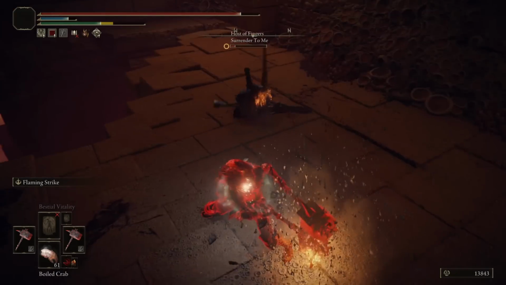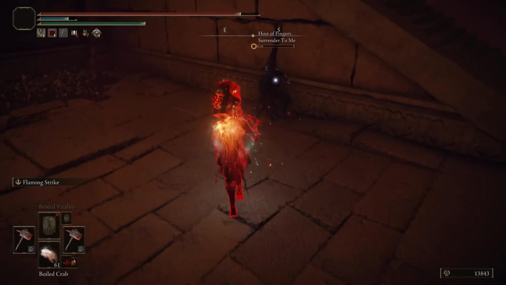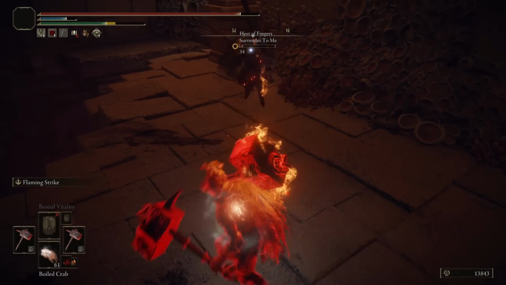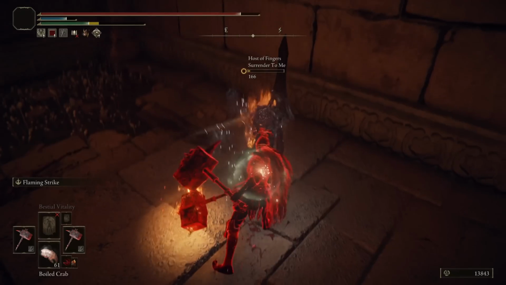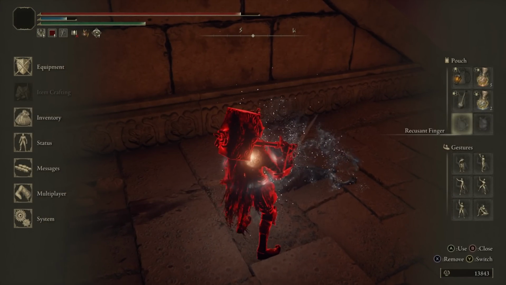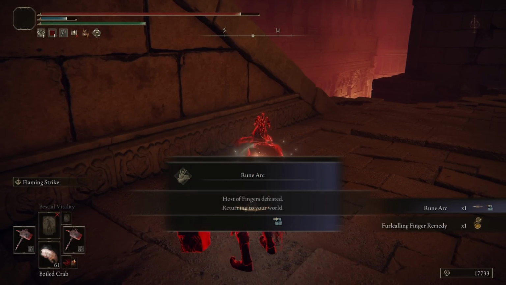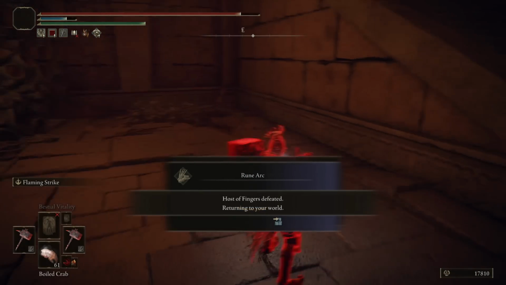What the? No health on our man. That Ash of War, though. Well, I don't know why the damage was so low. Maybe I got clipped by the edge of it. Like, that can do a lot of damage. I mean, I was wearing the defense ring, but...